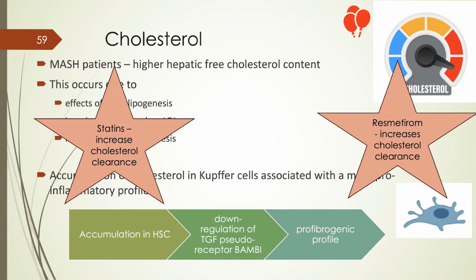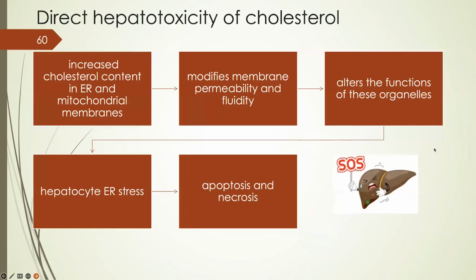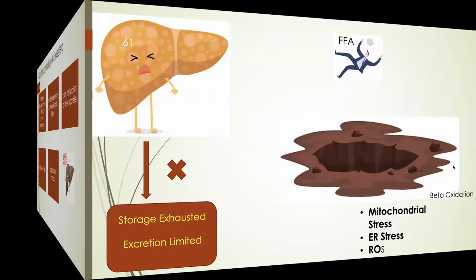That is the reason in patients who have a high cholesterol, it is conventional to give them statins, because the higher the cholesterol, the more will be the hepatic steatosis, the more will be the insulin resistance. In addition, high cholesterol also has a detrimental effect on the endoplasmic reticulum and the mitochondria, and it tends to increase the endoplasmic reticulum stress and leads to excessive